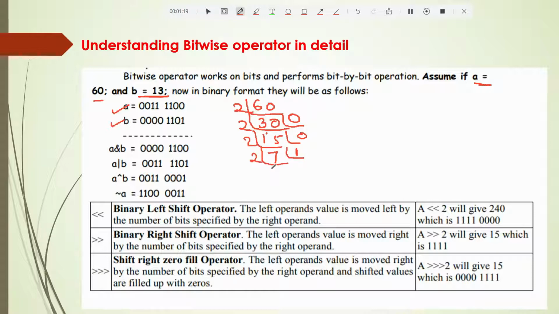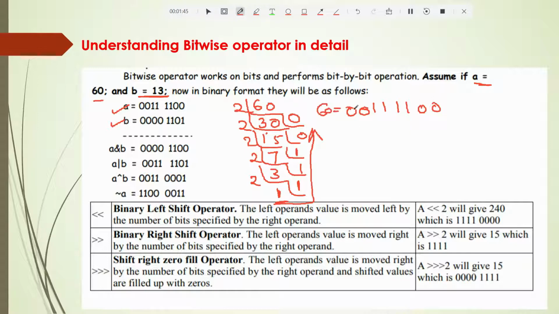Again quotient and remainder. Now it is less than 2, so we have to stop, and you read in this direction. When you read this way, it is 111100. This is 6 bits, so let me make it 8 bits. You append 0s at the beginning, which will not change its meaning. So this is nothing but 60.